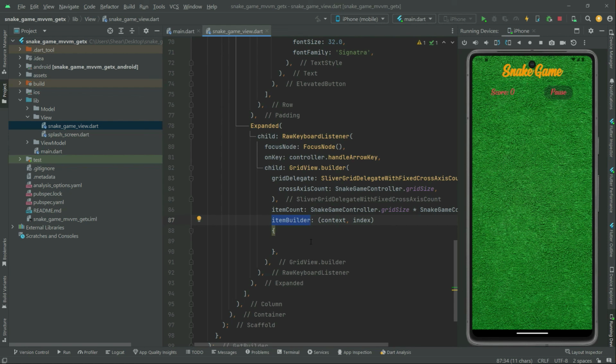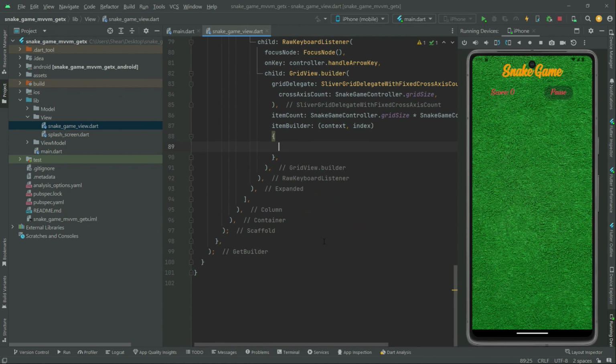So it provides the context over here, and also this index of the item being built. Basically, this index is used to calculate the corresponding row and columns for the current item. Now right inside that, we'll create an integer type row, and to this row we will just assign this specific index, and in here